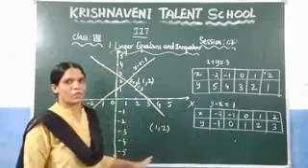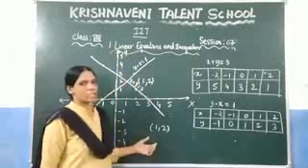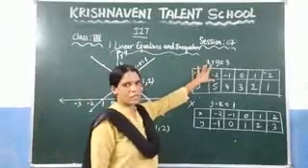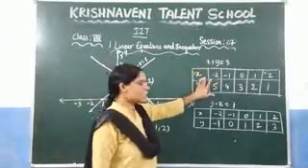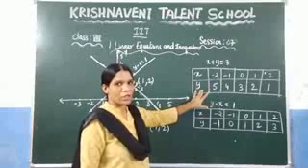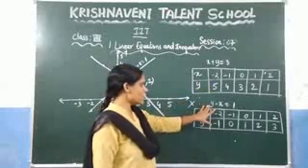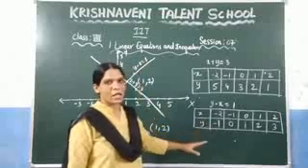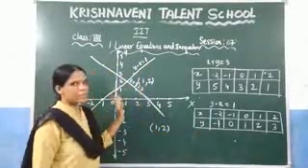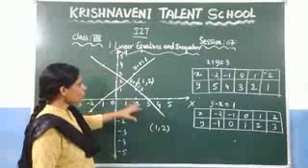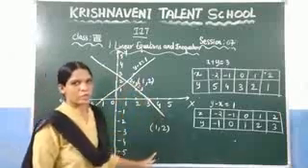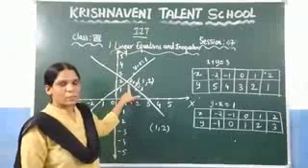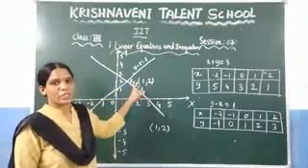So here if you want to find the solution by using the graphical method, first you need to take the given equation. For choosing some values of x, you need to find the value of y, and similarly for this equation, for choosing some values of x, you need to find the value of y. And after that, you need to plot it in a graph such that you will get two straight lines for these two equations, and these two straight lines will intersect at one point. That point will be the solution of these two equations.